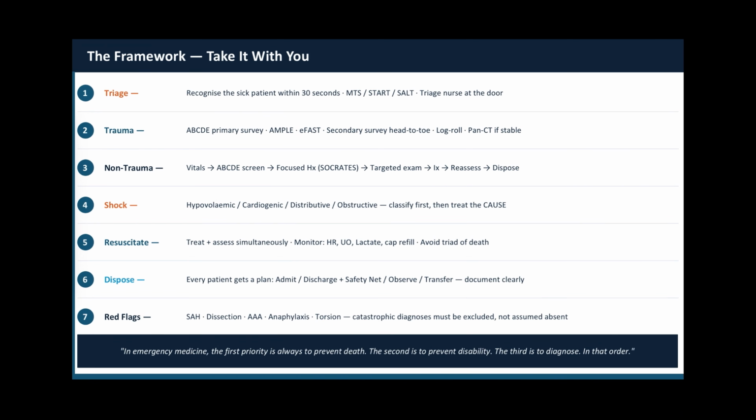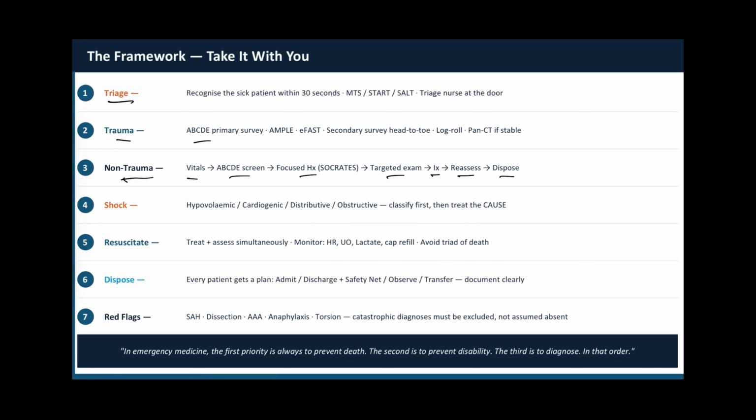Before we finish, let's summarize the entire approach of any patient. Every patient who enters the emergency medicine department should pass through the same mental framework. First is the triage. Triage and identify who is critically ill. If it's trauma, follow the ABCD protocol, and that is the primary survey followed by the secondary survey. Only if the patient is stable. If it's a medical emergency, begin with the vitals, ABCD screening, focused history, that is SOCRATES, targeted examination, investigations, reassess,